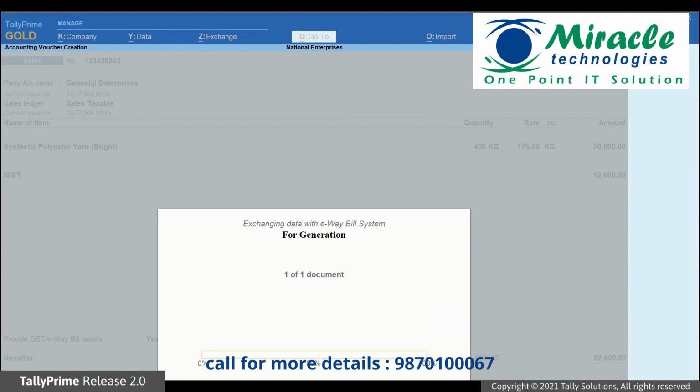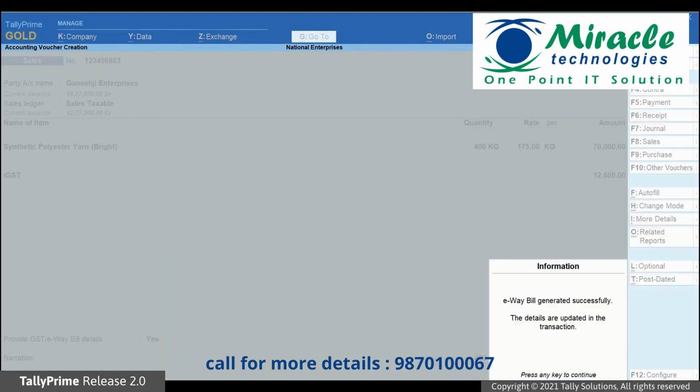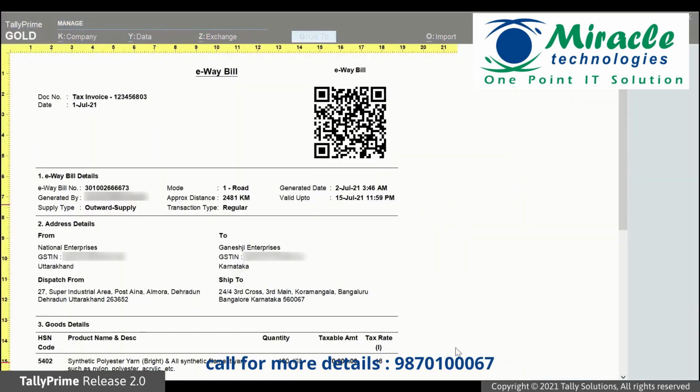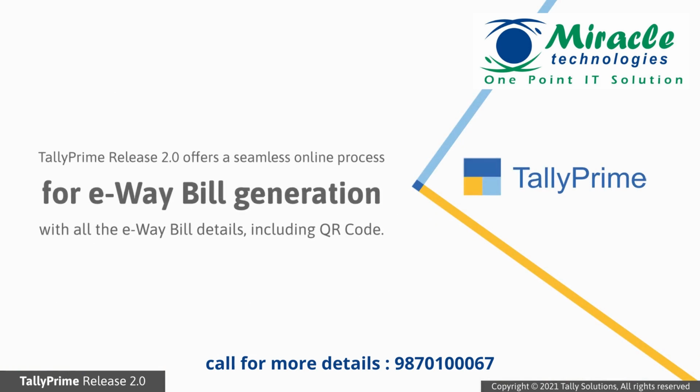Tally Prime is exchanging information with the e-way bill system. The additional details that we entered can be seen in the preview. As you saw, Tally Prime Release 2.0 onwards, you have a seamless online process for e-way bill generation with all the e-way